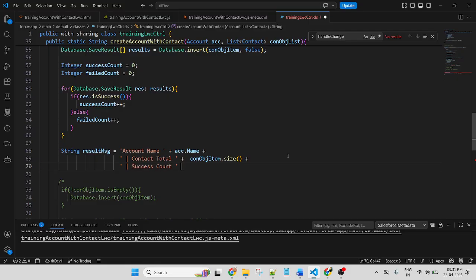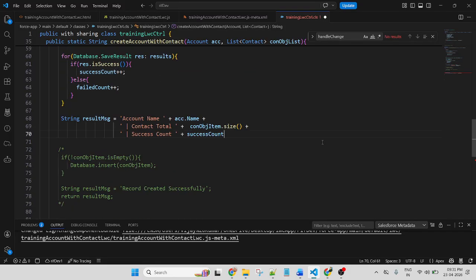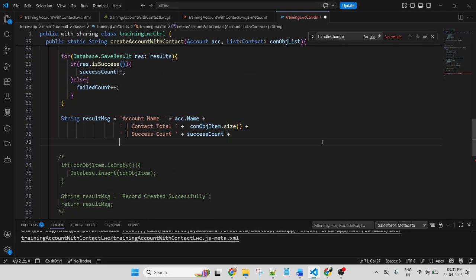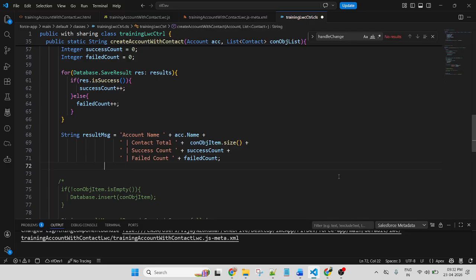Success count plus, success storing inside this variable, plus similarly copy, paste here for failure, failed count storing inside this variable. In the last put a semicolon, and I am storing all of the data inside this string. So return this variable. Okay.